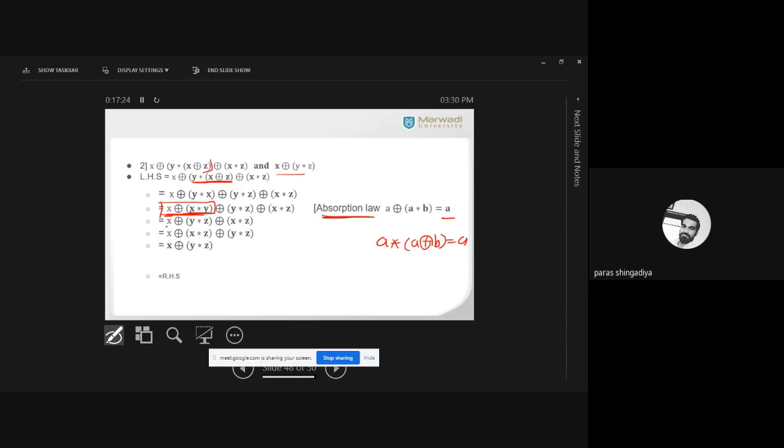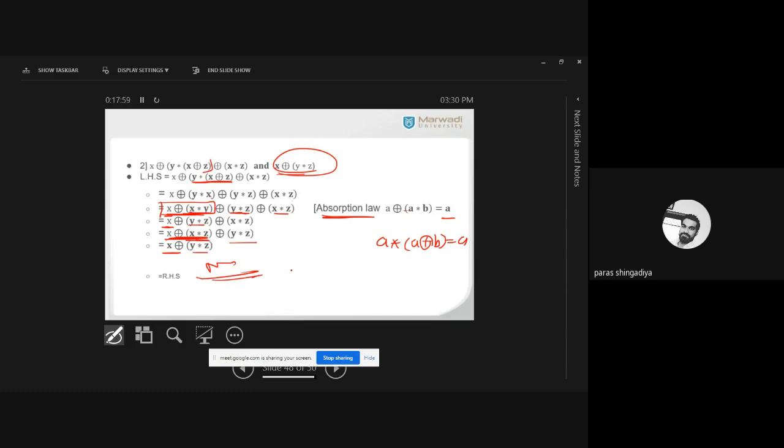Okay, so here x will come, that is, the second bracket is as it is here and the third bracket is also as it is. Okay, and now we can also apply the same rule to the first and third, because x is in both, so just rearrange first and third to combine. So x ring sum x star z, and write the second bracket at the last, so it is y star z. Okay, so x ring sum x star z means it is x only, and y star z as it is. So that is the required form x ring sum y star z. That is the proof of the second one.